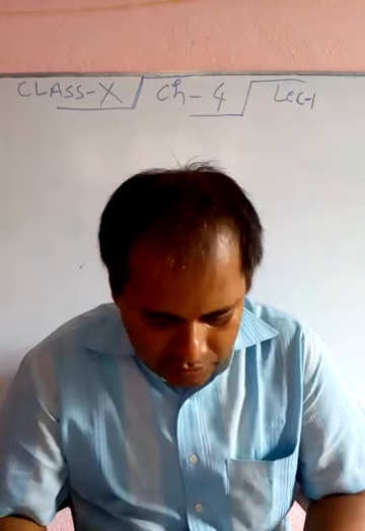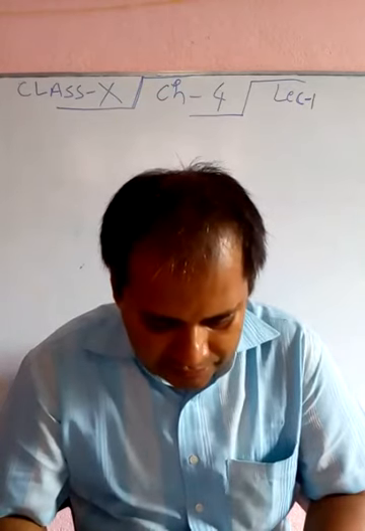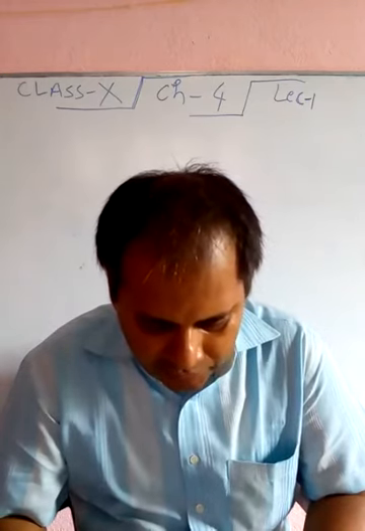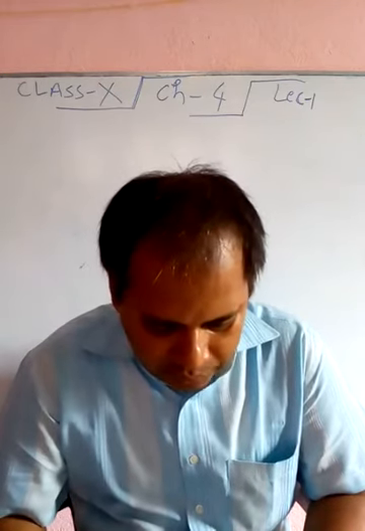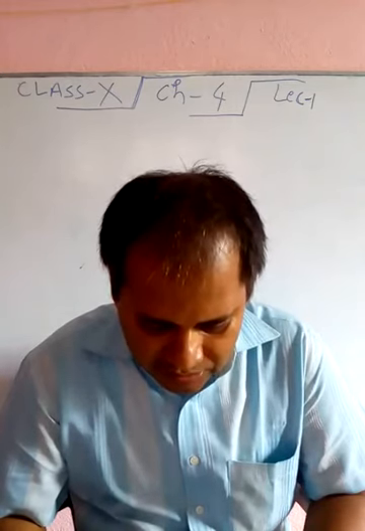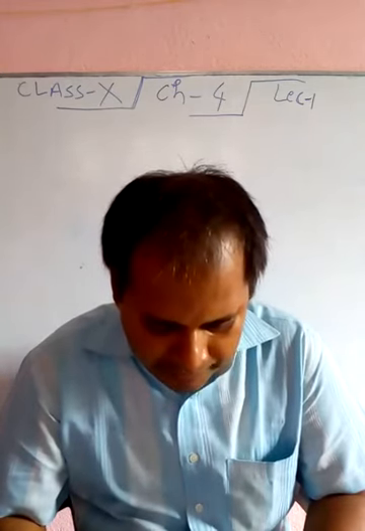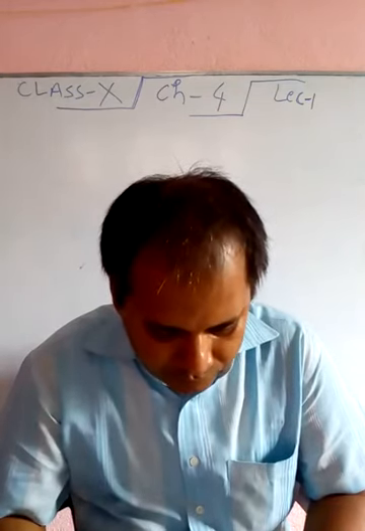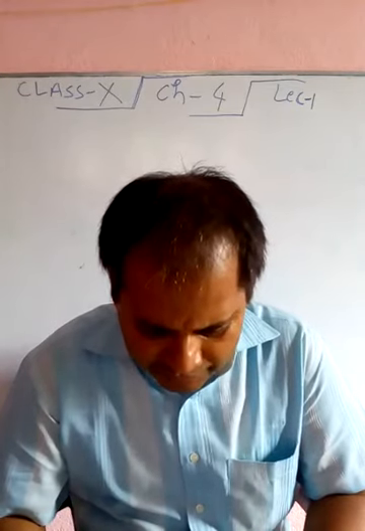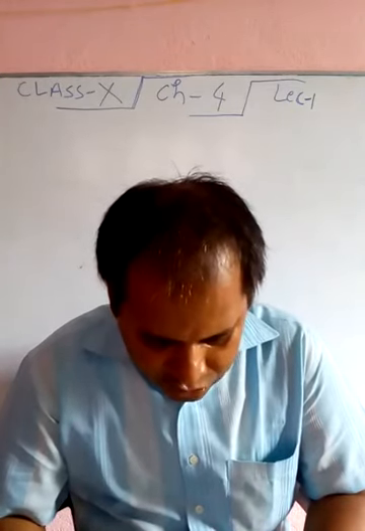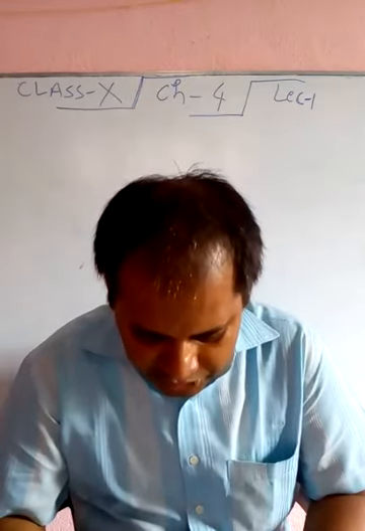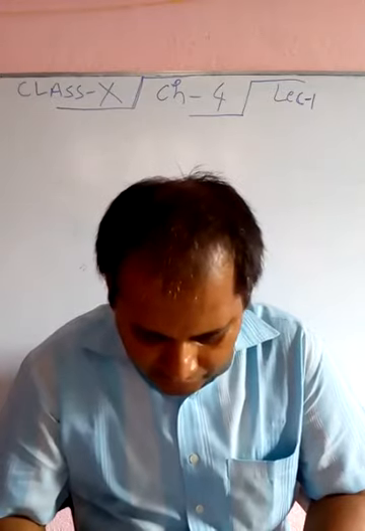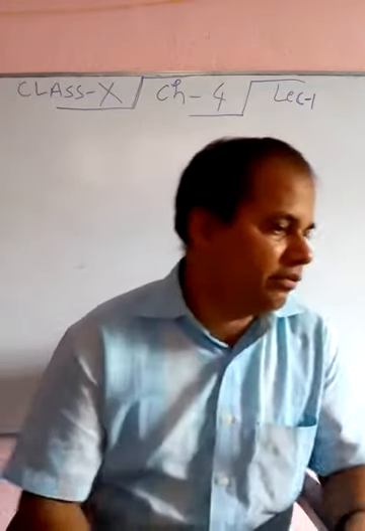For instance, suppose a charity trust decides to build a prayer hall having a carpet area of 300 square meters with its length 1 meter more than twice its breadth. What should be the length and breadth of the hall? Suppose the breadth of the hall is x meter, then its length should be 2x plus 1 meter. We can depict this information pictorially as shown in figure 4.1.